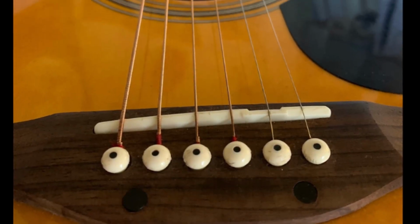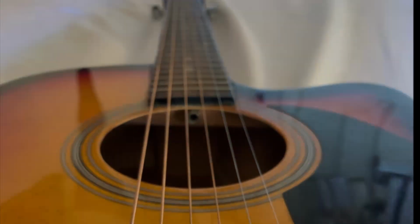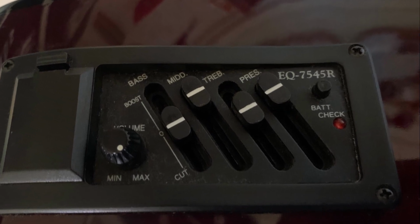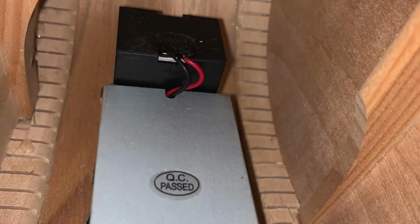Here's a shot showing the standard plastic bridge piece and a truss rod accessed from the sound hole. And here's the EQ. Looks like it takes a 9-volt battery. It's called an EQ7545R. Here's what it looks like from the backside, and we can breathe easy knowing it passed quality control. And here's a shot inside the body, under the bridge, showing the wiring running from the EQ to the piezo